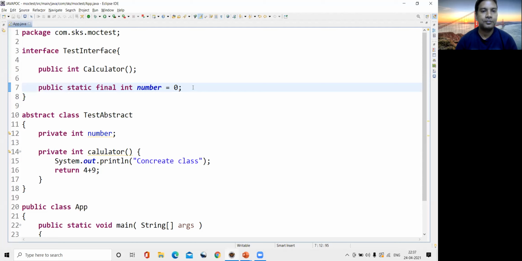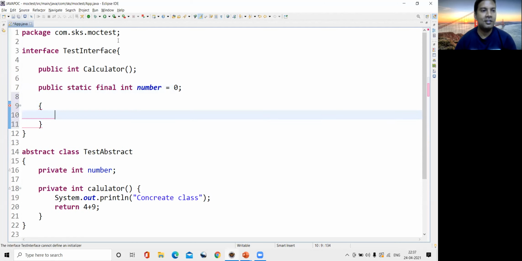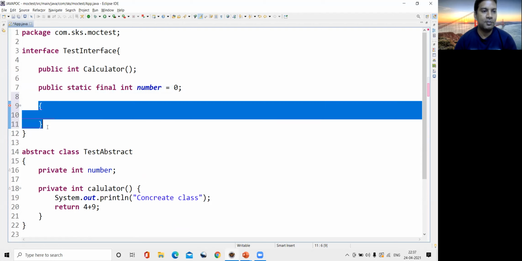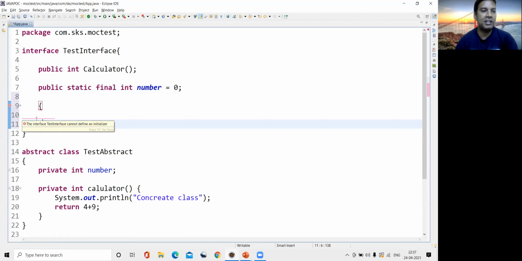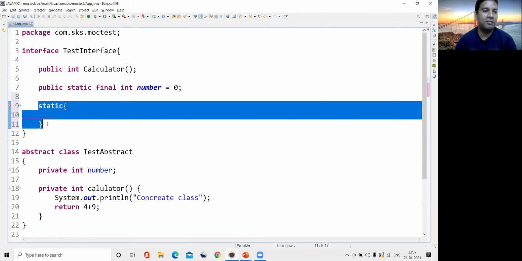Suppose this is our instance block. Right away, the compiler error starts coming. What is it saying? The interface cannot define an initializer. Even if you try to make a static block, it gives you an error; it is not allowed.